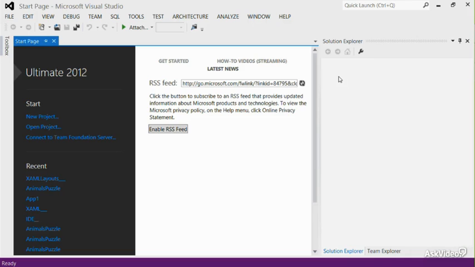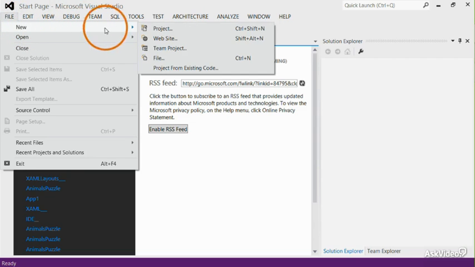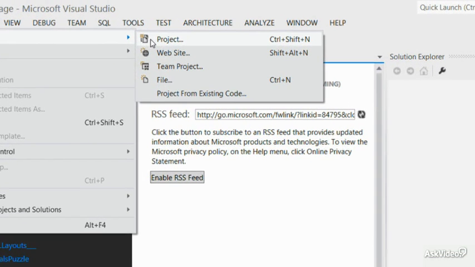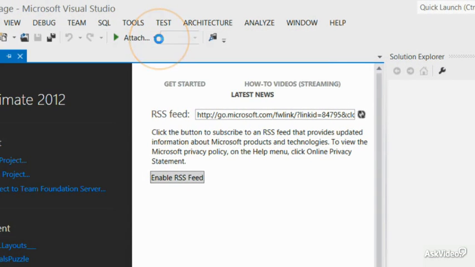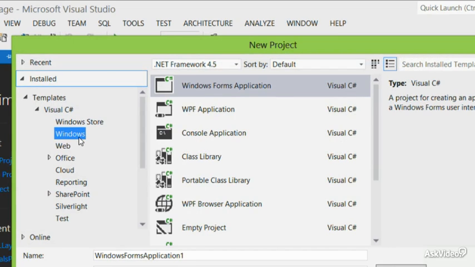To dig deeper in this environment, let's look at some of the project templates that come with Visual Studio 2012. From the File menu, choose New, and you have some options to choose from. Project consists of C# related templates, such as Windows Store templates, which weren't available in Visual Studio 2010, Windows templates,